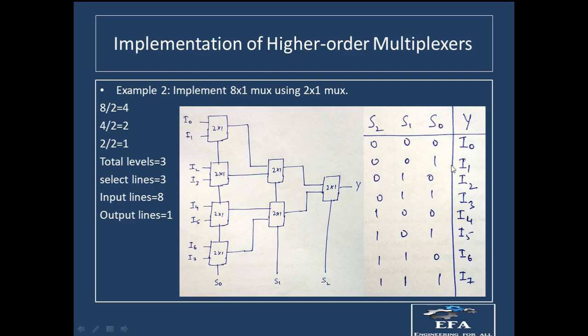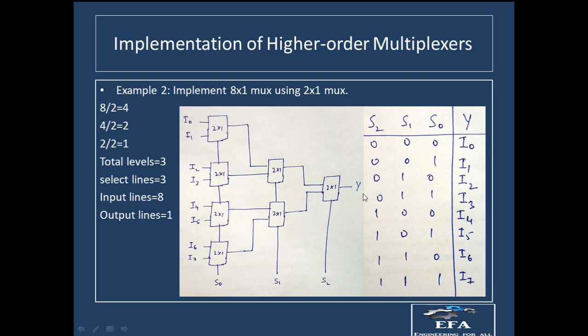After that we have 0 0 and 0, so all the select lines are 0. When we have 0 at this position, the first inputs from each of these multiplexers will pass through. So we'll have I0 from here, I2 from here, I4 from here, and I6 from here. Again S1 is equal to 0, therefore out of these two multiplexers, again the first inputs will pass. So we'll have I0 from here and I4 from here. Here S2 is equal to 0, so I0 will be passed through it, and ultimately we'll have I0.